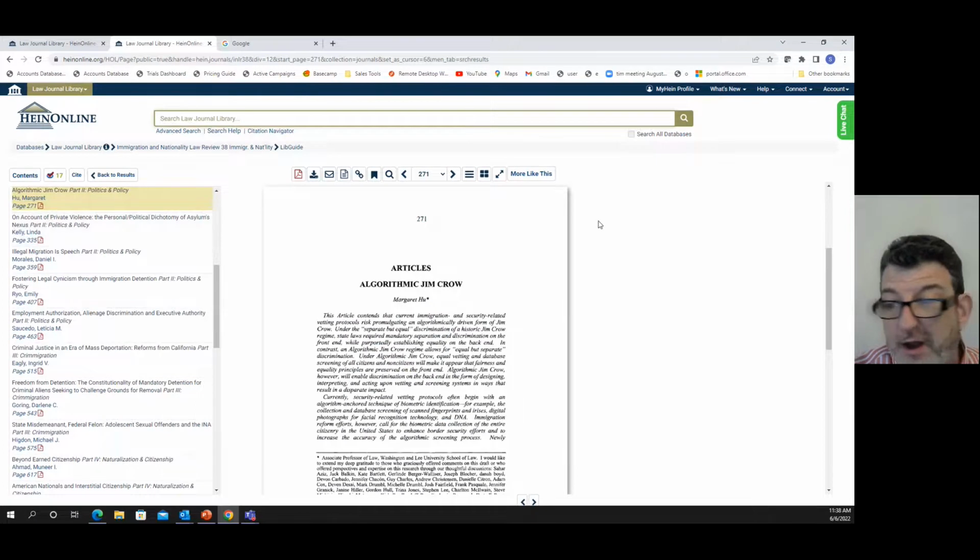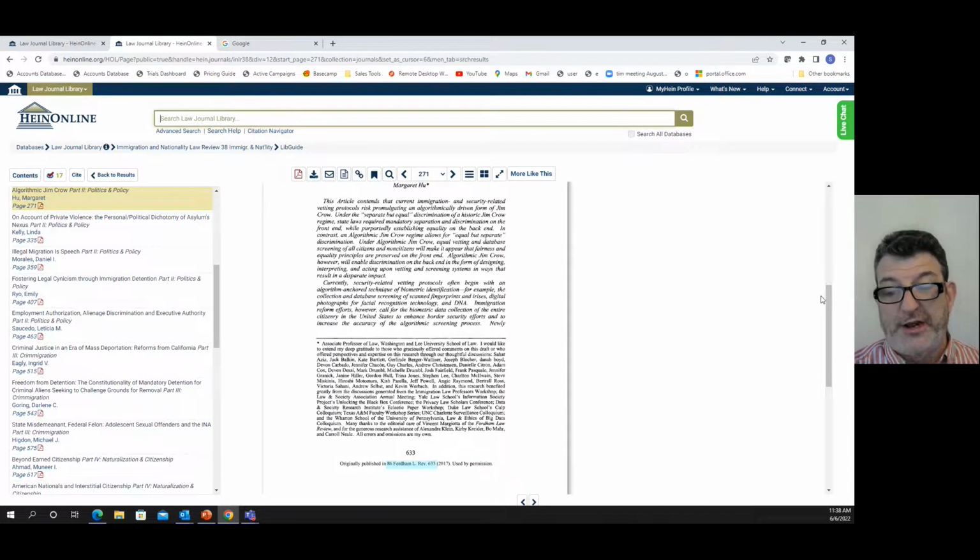Now, here's the article. In the article, if there are references to footnotes, if there are citations to articles, cases, government documents, HeinOnline, as you'll remember, has government documents, has cases, has documents, has books. And so if any of those are mentioned in this article, you're going to be able to hypertext link to it.